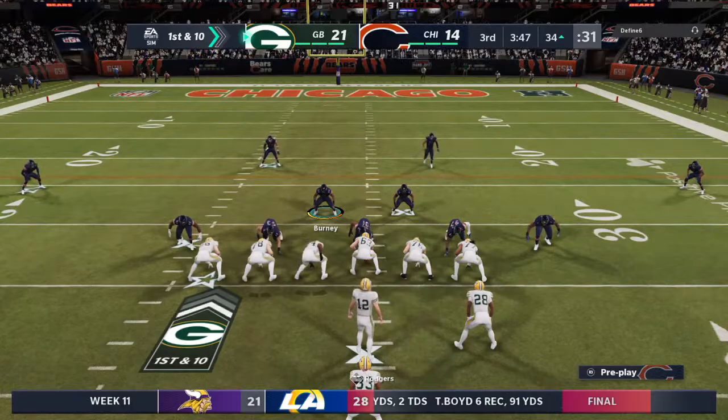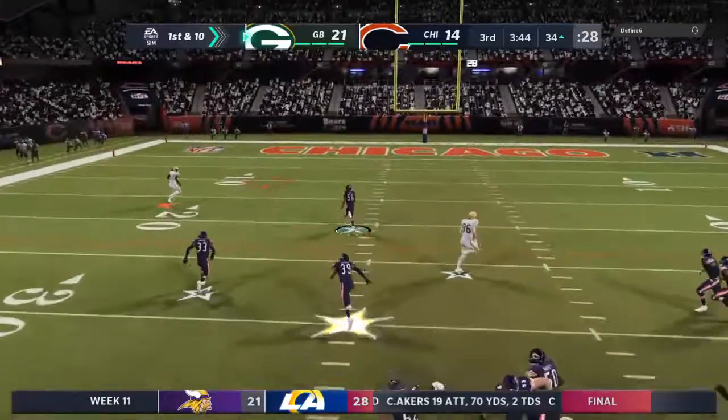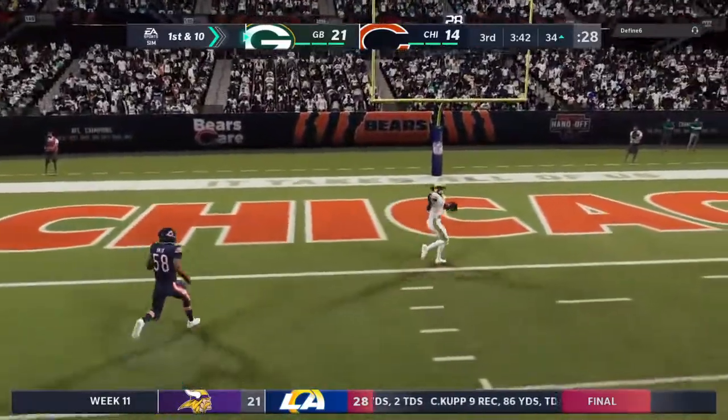Yeah, but how good do you feel if you're that defensive coordinator right now? Because you just know that the head coach looked at him and said, turn him loose, big man. And he'd be able to take a few extra...